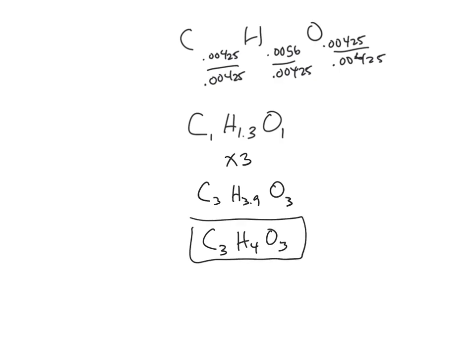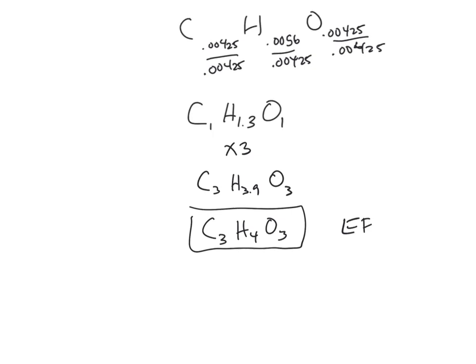Now, if that were no good and you wanted to keep going, multiply times 4, 5, 6, you can do that. You can just keep going until you find some number which gives you whole numbers or integer values for all of them. And of course, you could multiply times 10. In this case, you'd have C10, H13, O10, but that's not the simplest ratio. So you have to be careful with that. So this then is the empirical formula, and the next step is to figure out the molecular formula, given that